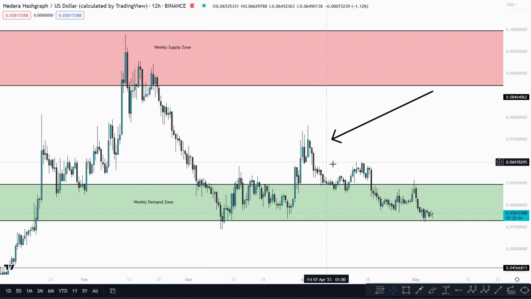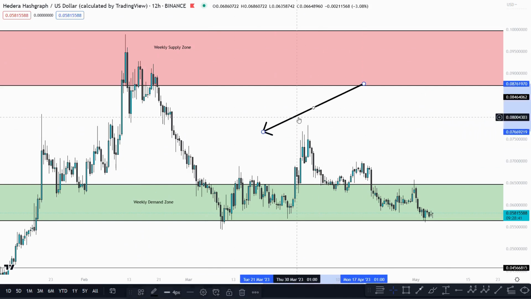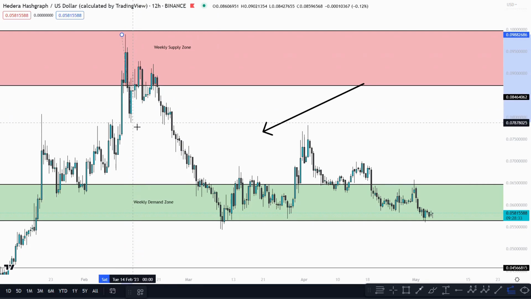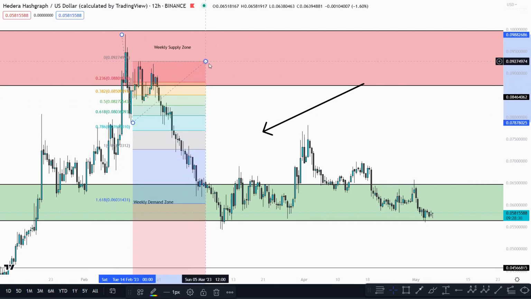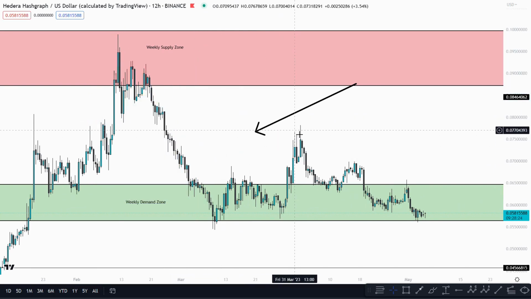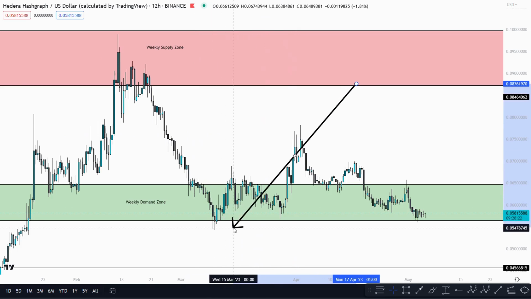So following on from our most recent videos with HBAR and discussing a bit of a wave count here for HBAR, I do still think that the bottom right here for HBAR is in. That's my main count, with the trend-based Fibonacci coming in here at the 1.618 as a finished ABC correction. I do think that's probably the low, but we do need to discuss that if this low is broken, what